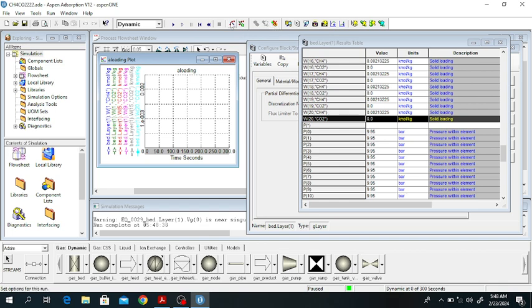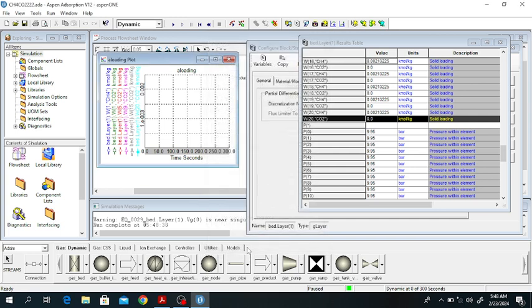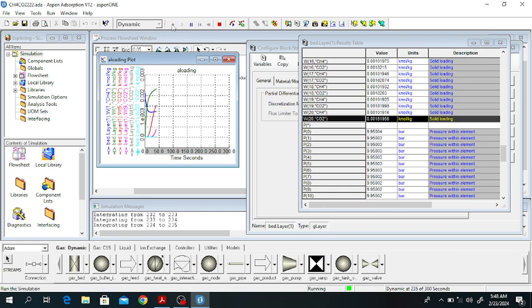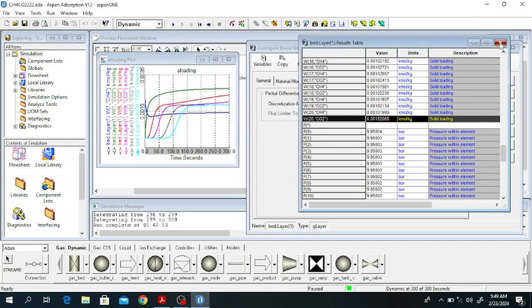Here go to this button and check. The time now is 0 and it will pause. Simulation will pause at 300 seconds. Click on OK. Now click on run button. Click on OK. Close this one,